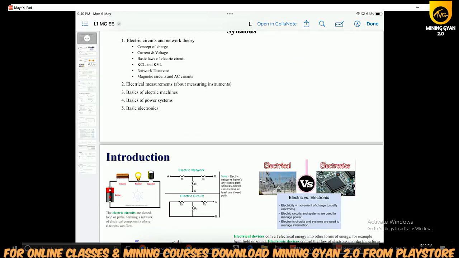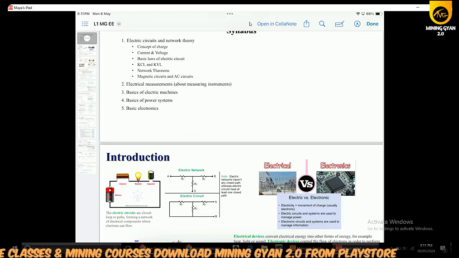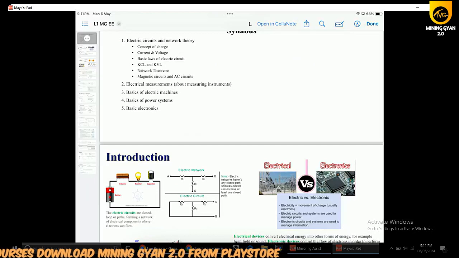After that, the third section is related to the basics of electrical machines. In this section, we will understand the basic working principles of static and rotating machines. A static machine is called a transformer, that you already know. The second thing is rotating machines. In that case, there are two different categories, DC and AC. DC means direct current, AC means alternating current related machines. In that case, two different machines are there, a DC motor or an AC motor, otherwise a generator.